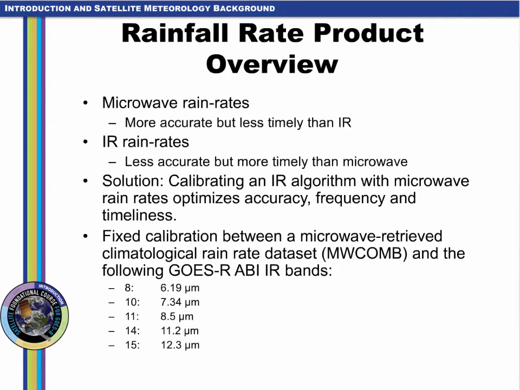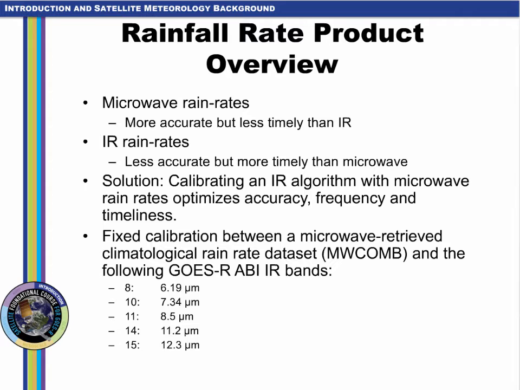The motivation for this product can be easily understood by first understanding the differences between satellite-based rain rates derived from a microwave instrument versus that from an infrared instrument. Microwave instruments of rain rate are more accurate than IR, however less timely since they're on polar orbiting satellites. IR rain rates are less accurate than microwave, but more timely since they're on geostationary satellites. The solution is to calibrate an IR algorithm from a static microwave rain rate dataset to optimize accuracy, frequency, and